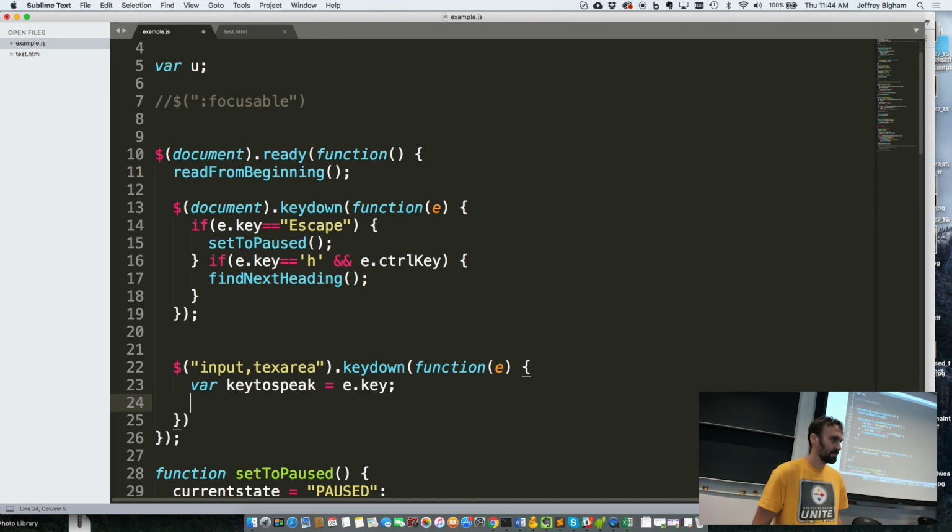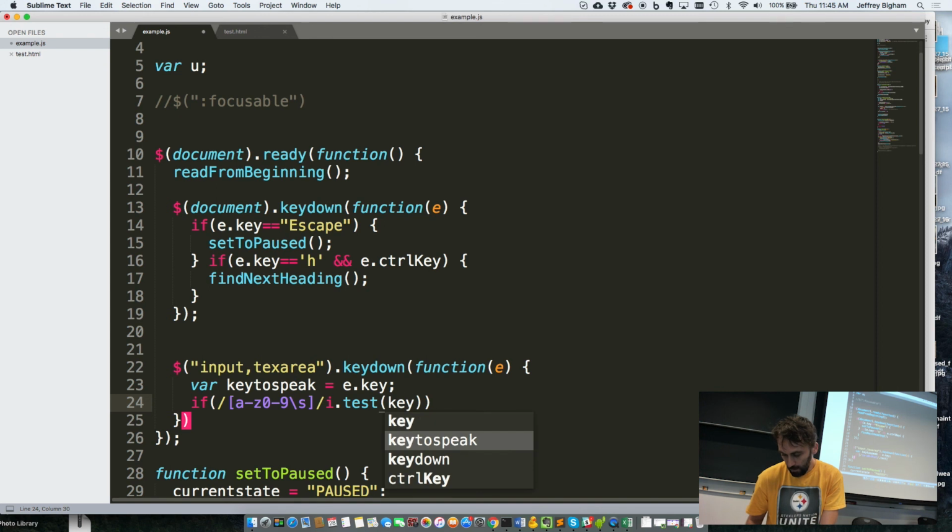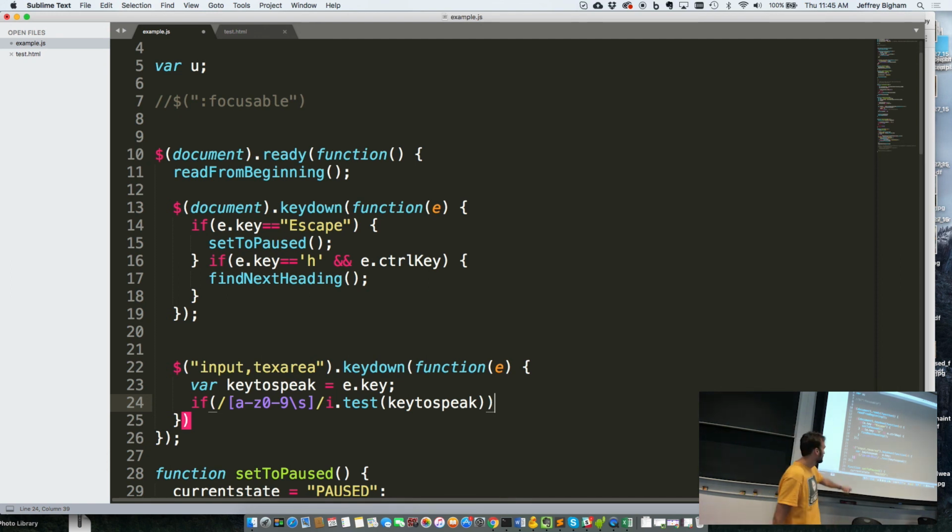But if you just want to speak the letters A to Z and a space, then you could, let's see, one way to test that, which you can just copy if you want, is you can make a simple little regular expression: A to Z, 0 to 9, and space, and make it case insensitive, and then we test key to speak. So this is a little crazy, but it's basically saying, in this regular expression language, any letter A to Z, numbers 0 to 9,